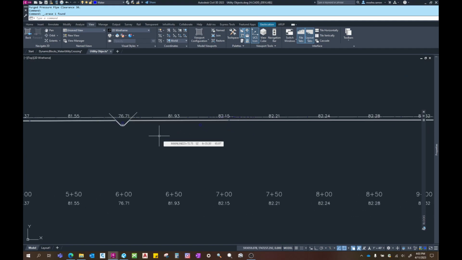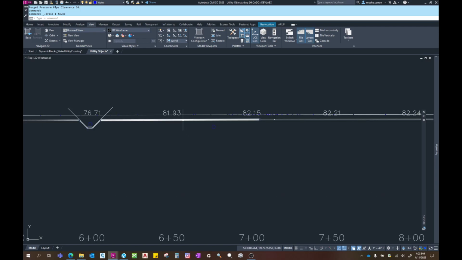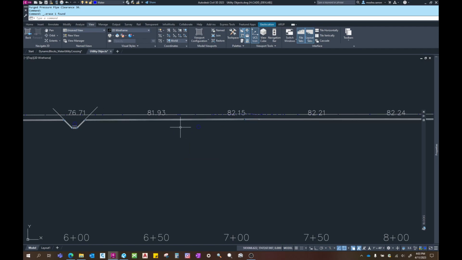Since the inception of AutoCAD Civil3D 2022 and 2023, they added a lot of features that make it easier to modify pressure pipe networks. So for example, I have over here, near my cursor, a crossing pipe utility. And this is the profile of my pressure pipe network. I want my pipe to bend underneath the utility and to follow